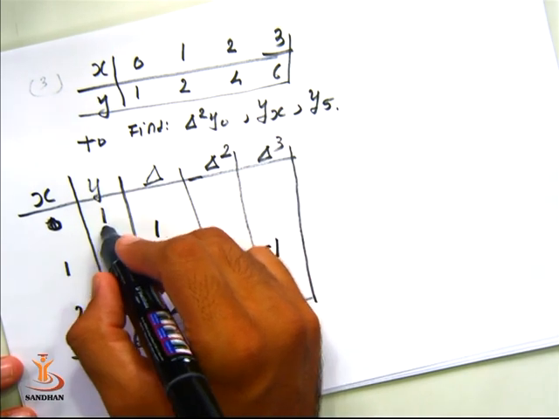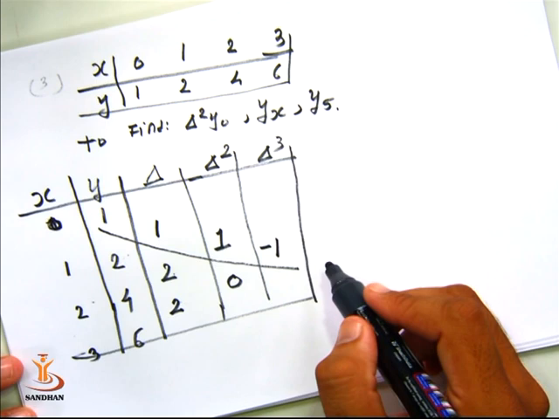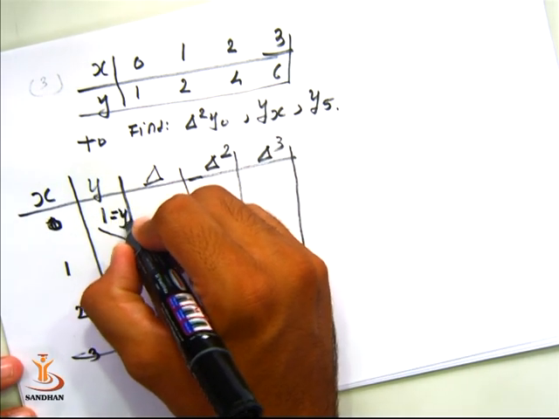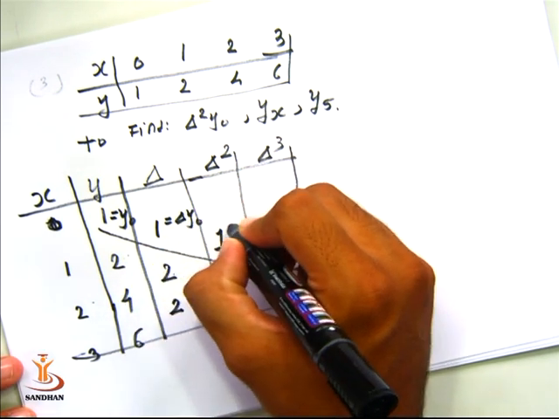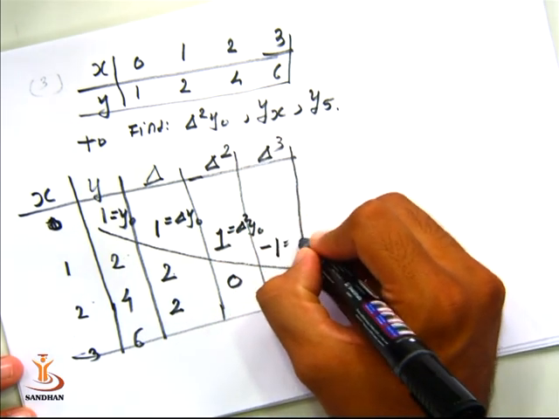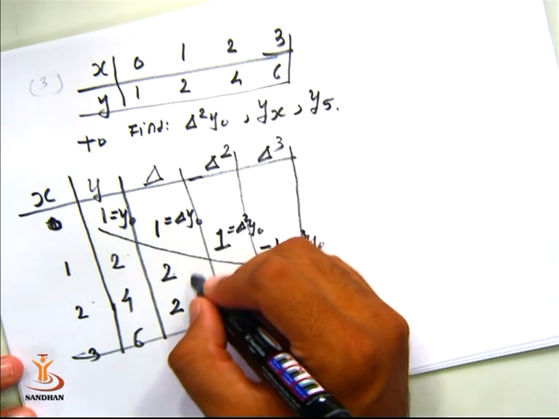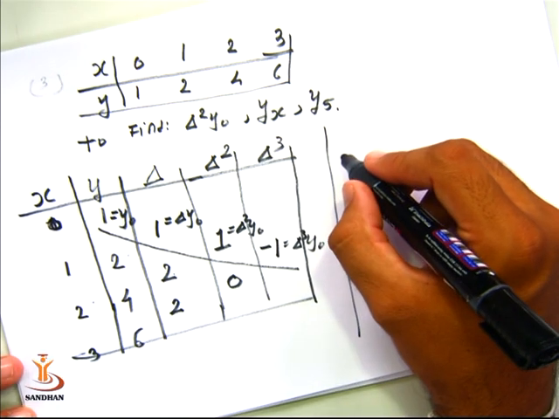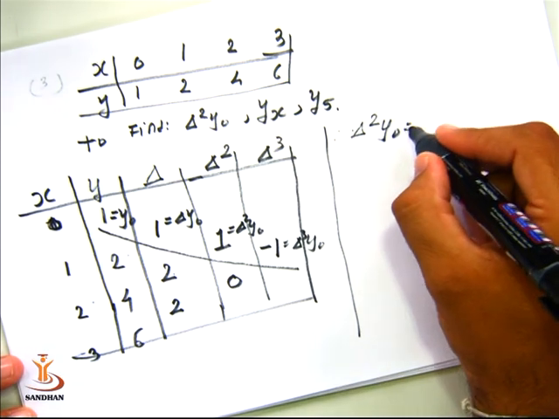So here usually the leading diagonal values will always be helpful for the process. You can observe this value as y0. Another diagonal value will be written as delta y0. The third diagonal value will be known as delta 2 y0. And another is delta 3 y0. Other values are also obtained, but we have not specified them here. So the answer of our first question is delta 2 y0, that is obtained here as delta 2 y0.